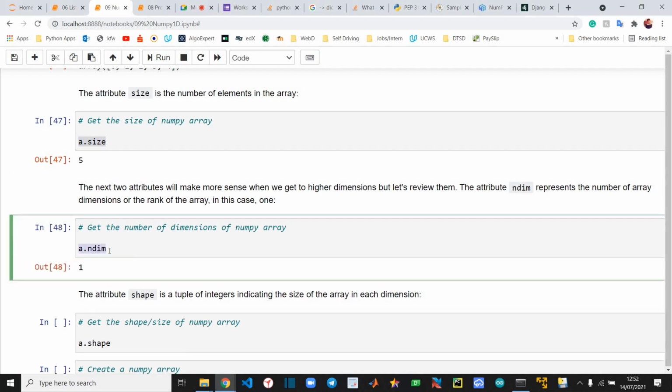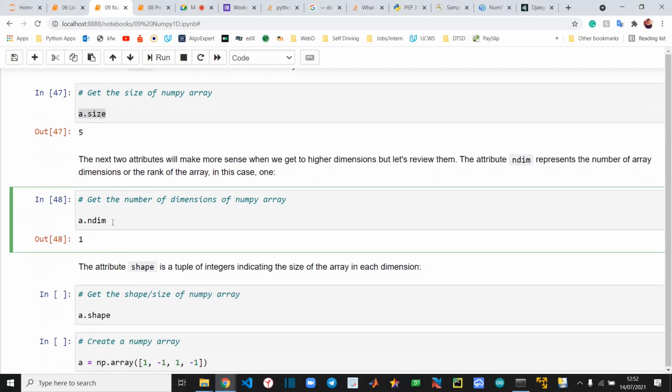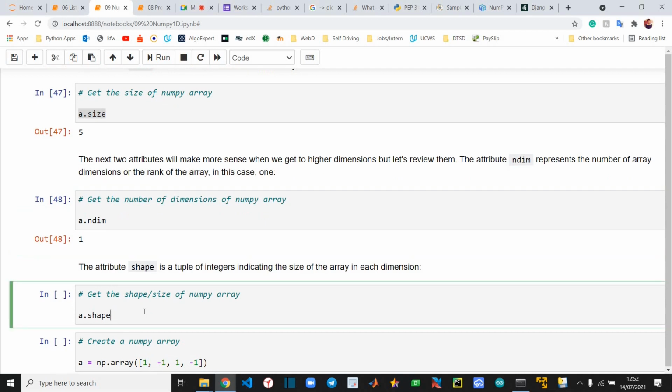Okay. And you can also see the number of dimensions, that is, how many dimensions does it have? Because an image can be a 3-dimensional image, it can be a single channel grayscale image. I'll be talking about it more in the next session. But yes, right now we are just introducing the functions and the shape again.